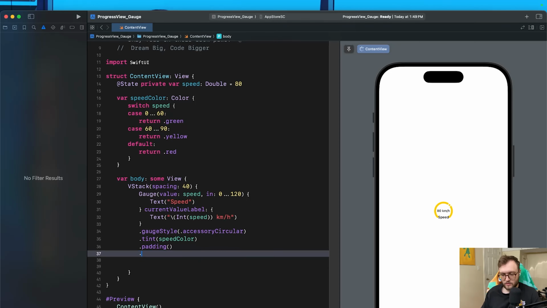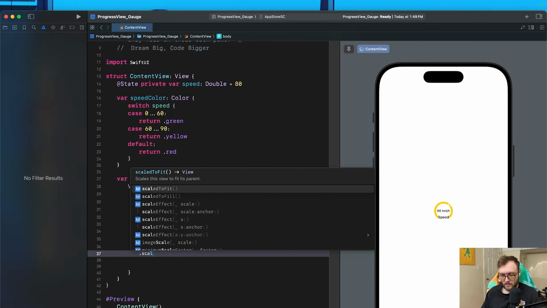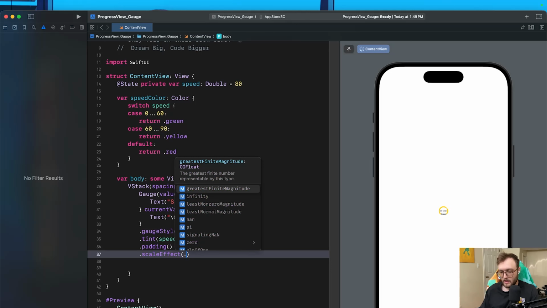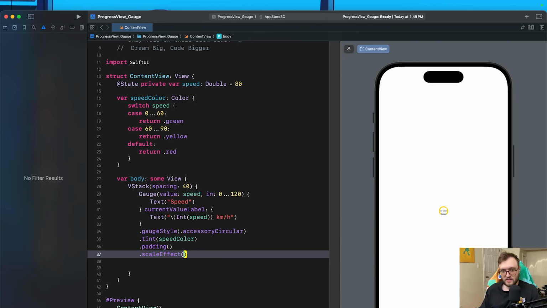I'm going to replace our frame here with a dot scale effect. From here, we can pass through a number. So if we did 1.5, this would essentially display it at 150% bigger. So think of 1.0 being normal size. If we were to do something like 0.5, it's going to be so small we can't see it. The only thing with doing this is, so let's go ahead and set this to be 2.0, which would be